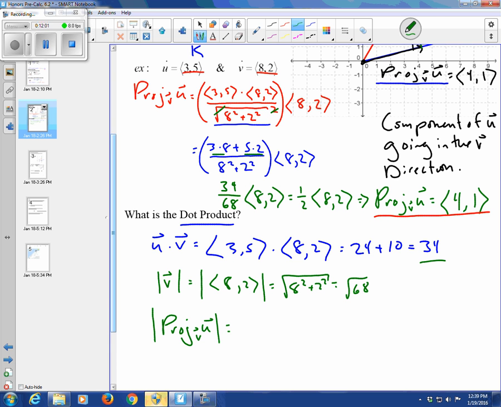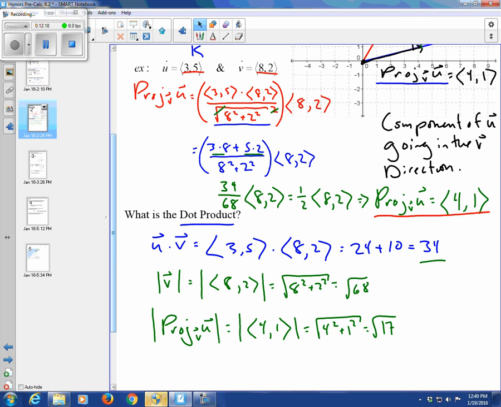And if we take the magnitude of the projection of u onto v, that's the magnitude of the vector 4, 1, which is going to be the square root of 4 squared plus 1 squared, gives us the square root of